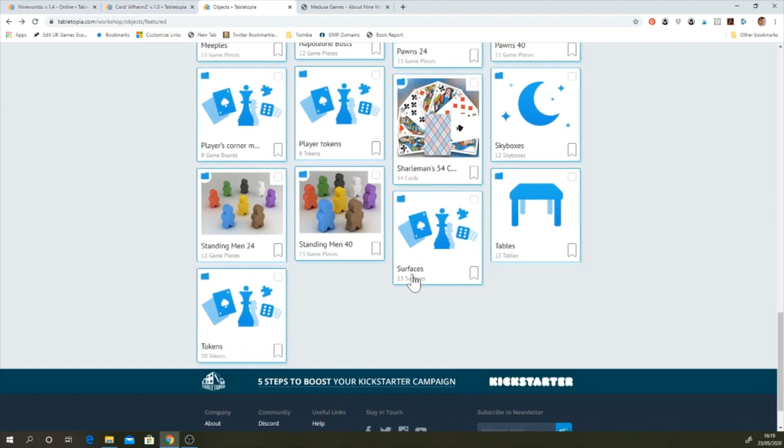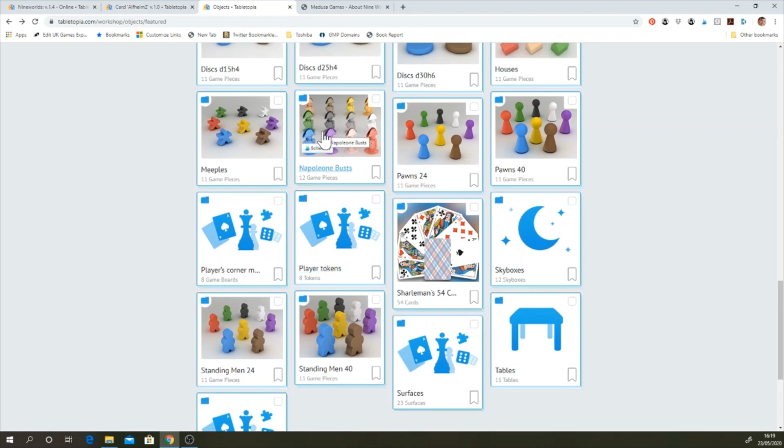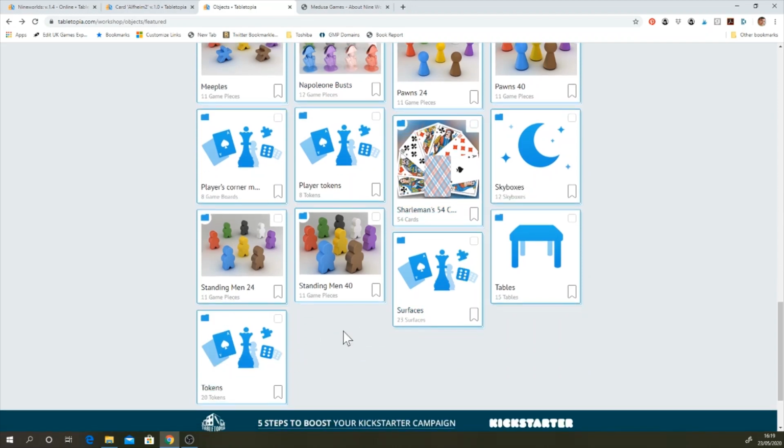So yeah, lots of objects come with the game to start with, which help you. It means you don't necessarily have to import much at all, although you're still going to want to probably import your own art if you've got it. Things like skyboxes, surfaces and tables actually have standardized ones that come with the game that